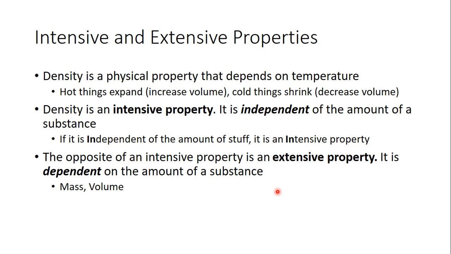The reverse or opposite of that is an extensive property. That is, it's dependent on the amount of stuff I have. Examples would be mass and volume. For that gold brick example, the more gold I have, the more mass I have. So it depends on the amount of substance. Also, the more gold I have, the more volume it will take up. It's dependent on the amount of substance. So we say that is